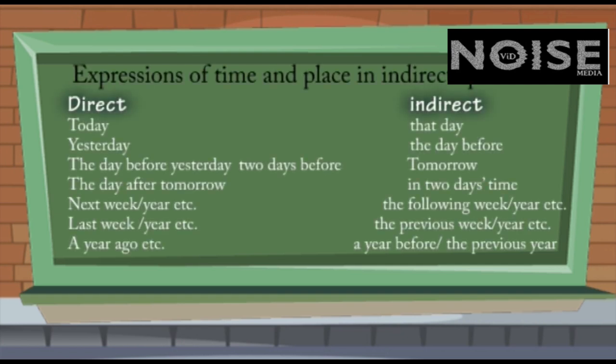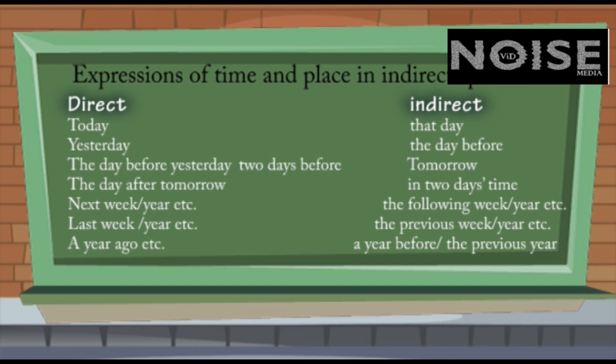Now there is the question of expressions of time and place in indirect speech. Adverbs and adverbial phrases of time change as follows. Today changes into that day, yesterday into the day before, the day before yesterday into two days before, tomorrow into the next day or the following day, the day after tomorrow changes into